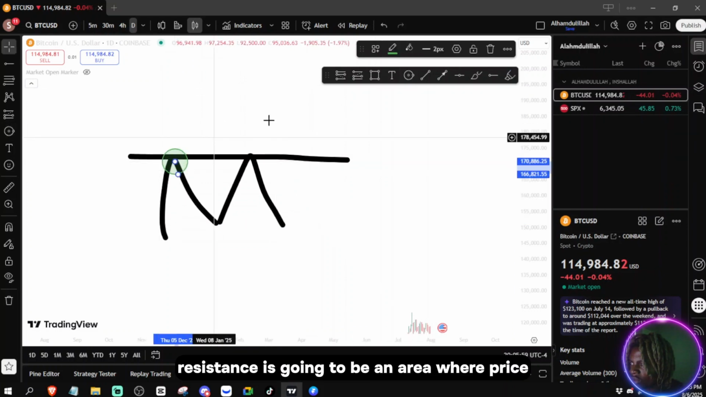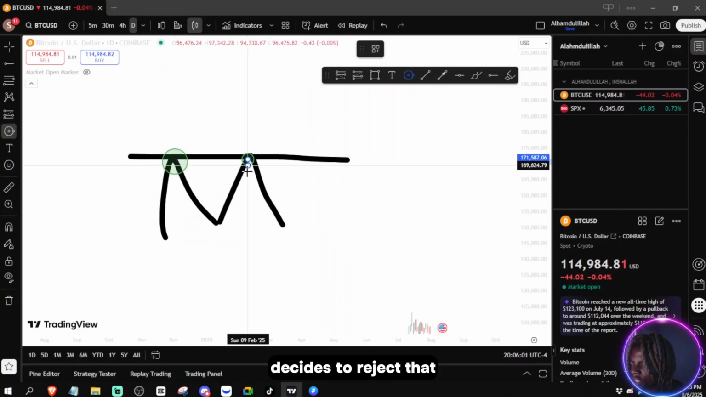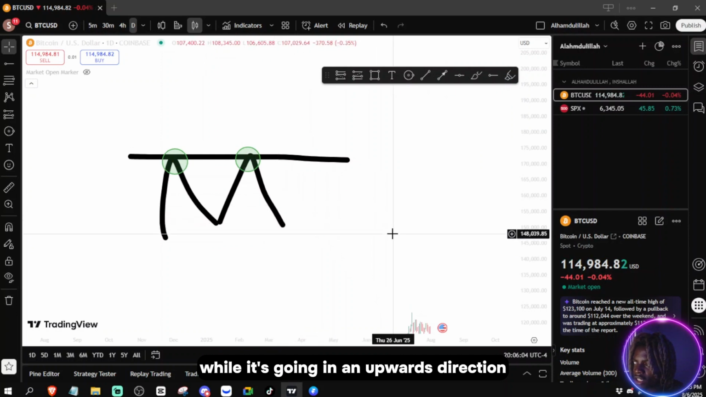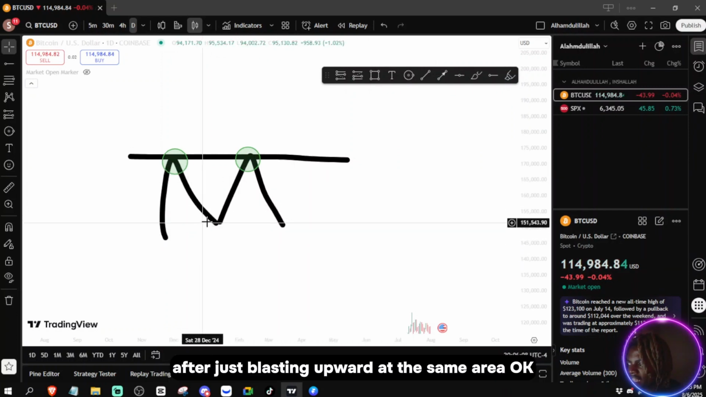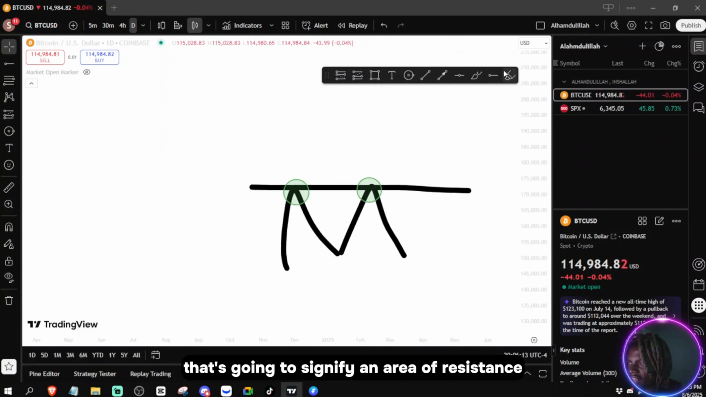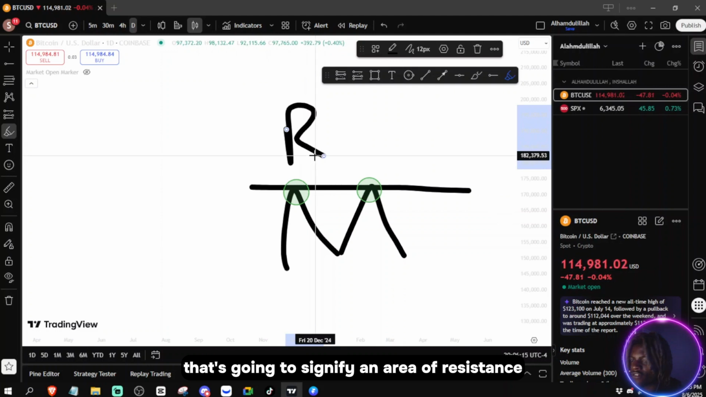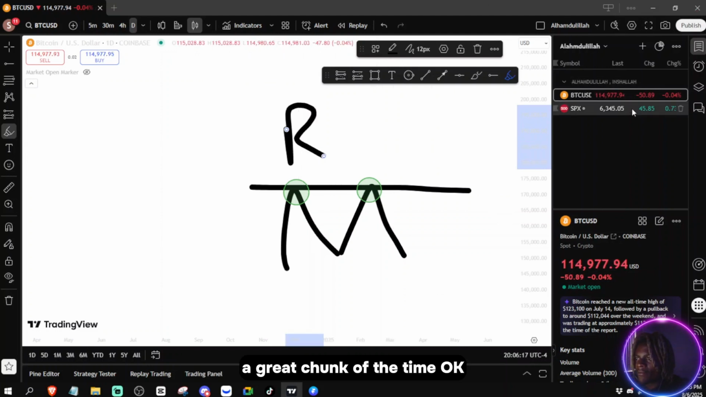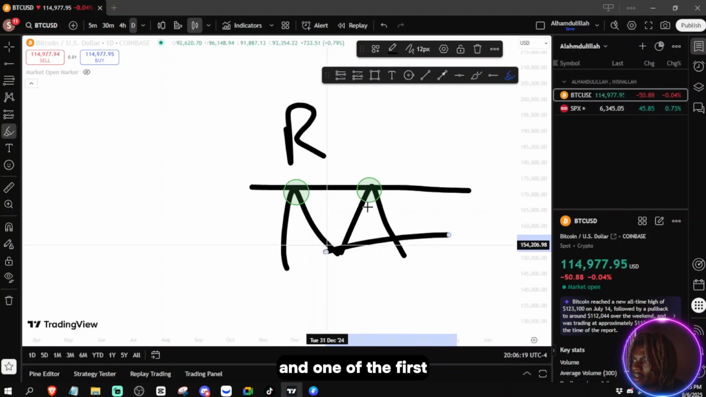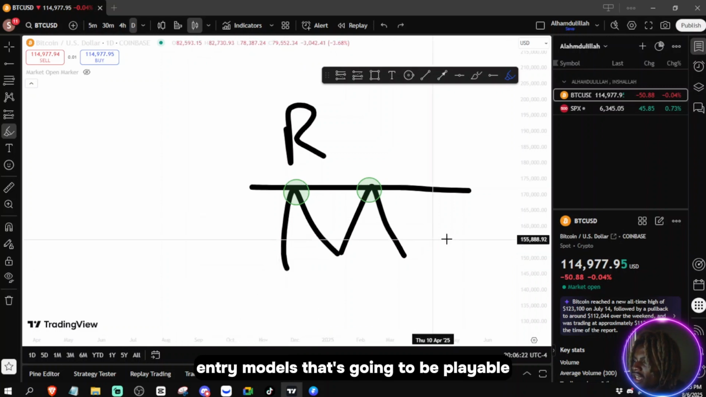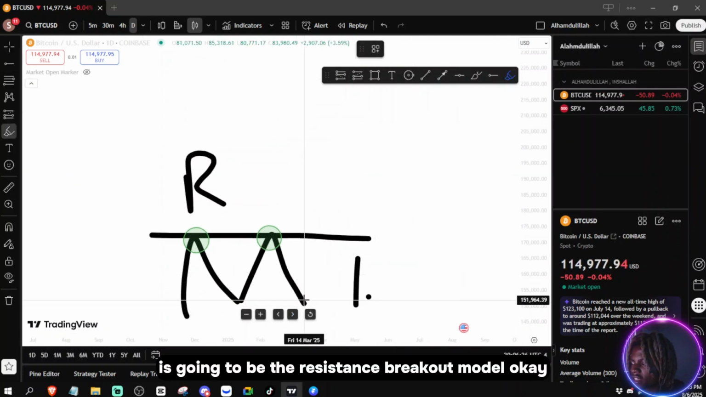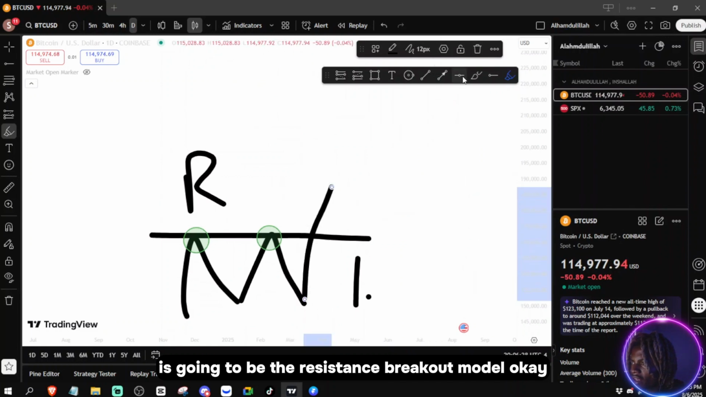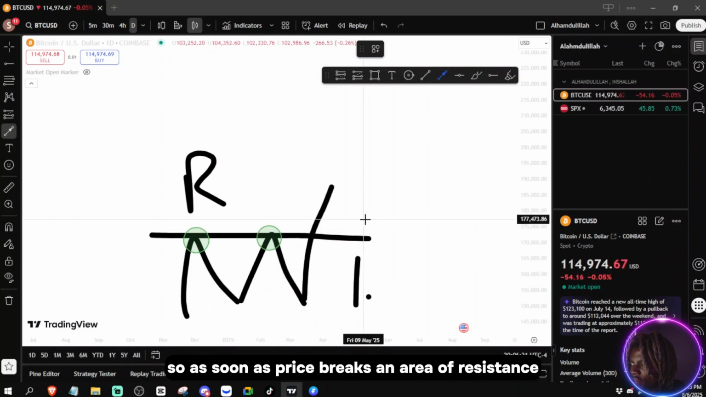once again, resistance is an area where price decides to reject while it's going in an upwards direction. So if you see price spiking in a downwards direction after blasting upward at the same area, or in an area sharply, that's going to signify an area of resistance a great chunk of the time. And one of the first entry models that's going to be playable is the resistance breakout model. So as soon as price breaks an area of resistance,